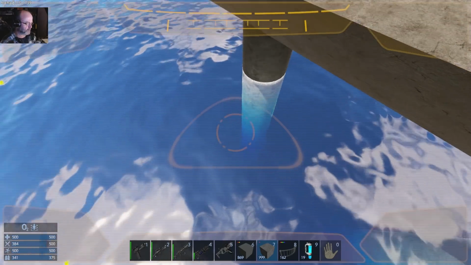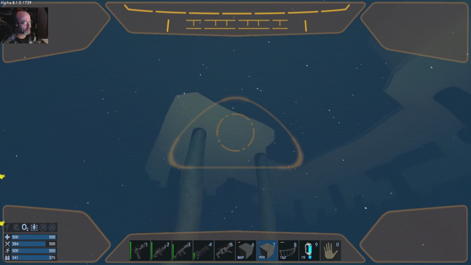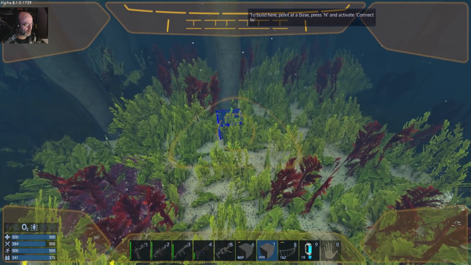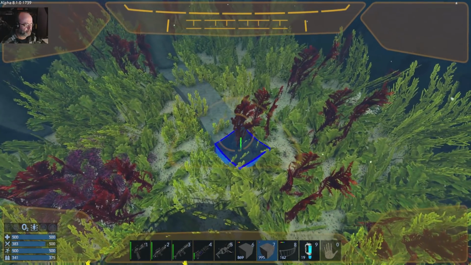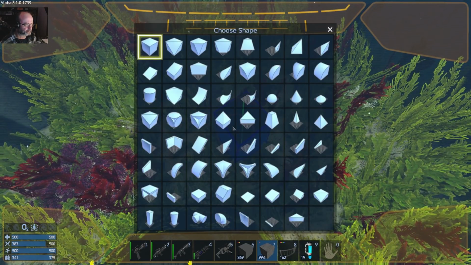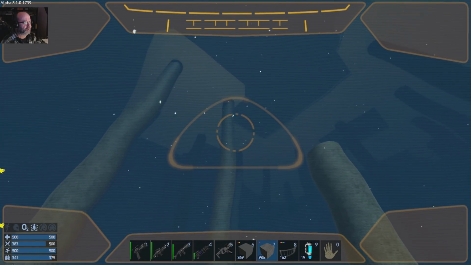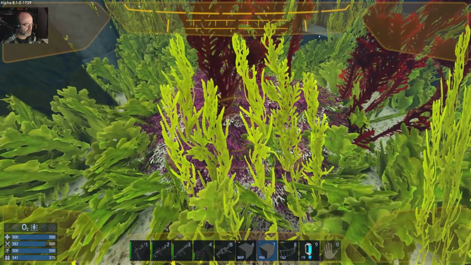Down we go. Don't know why I've got my helmet on. Actually, I think it was because when I was laying these out last time, it's 4, and then we just use the page down to make sure that's embedded in the ground. Yeah, when I was doing this last time, I cut something out and I was standing on it. Like the old proverbial...